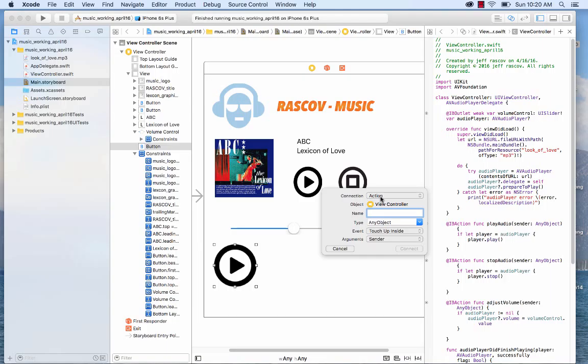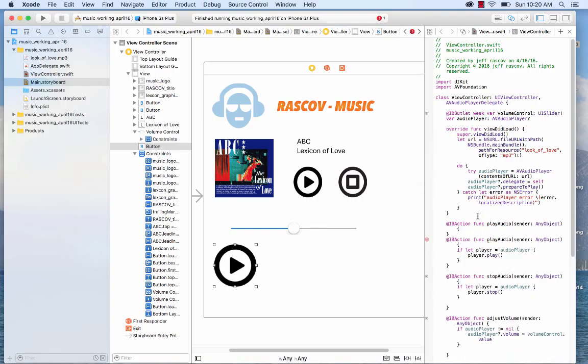And then they want you to name it a certain way. Of course, this first one is called play audio, so you just type in play audio. And then the event is going to be touch up inside. That again is on page 693 in the book. This is a button with a graphic in it, and then you hit the connection, and it makes a connection over here. Then on page 694,